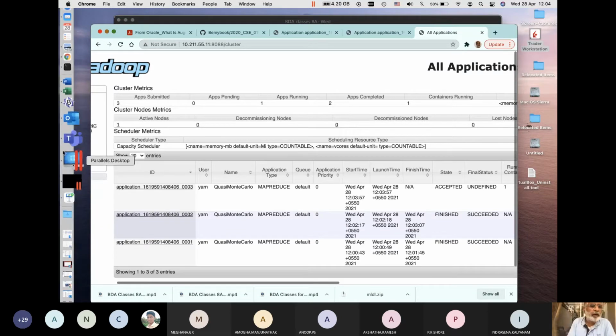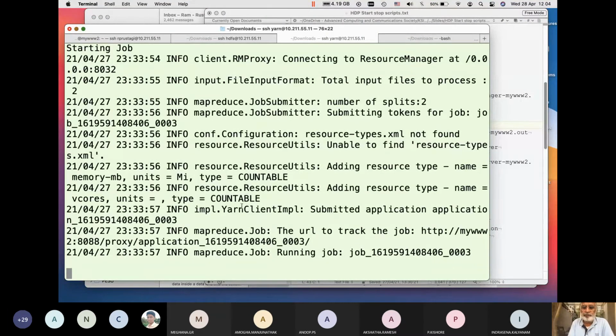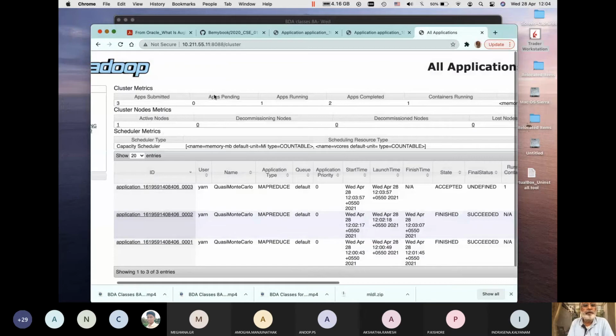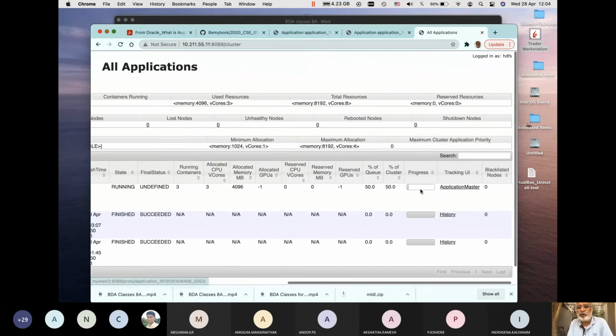And now if you look, map is not even started yet, it will start soon. Now it has started, now I can look at the browser. If I refresh,